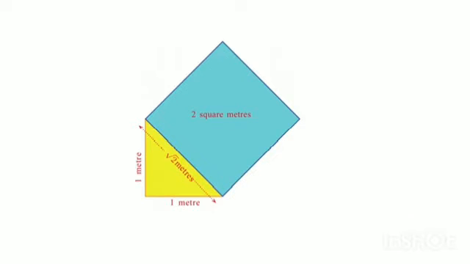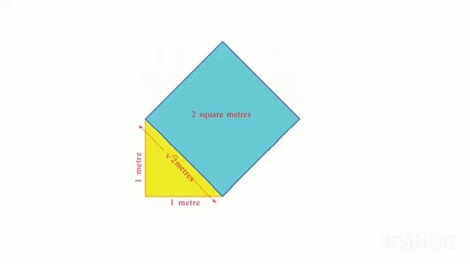For a square with the length of a side denoted by a natural number or a fraction, this length is the square root of the area. That is, the length of a side of a square of area 4 is root 4, or 2. The length of a side of a square of area 2 1 by 4 is root of 2 1 by 4, or 1.5. Like this, we write the length of a side of a square of area 2 as root 2. Now we have to find the size of root 2.